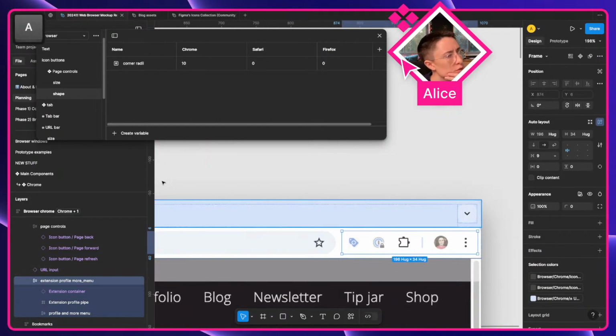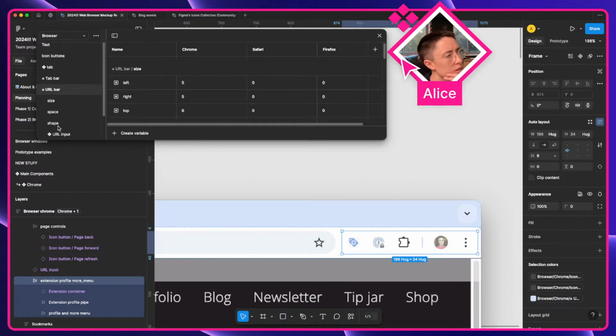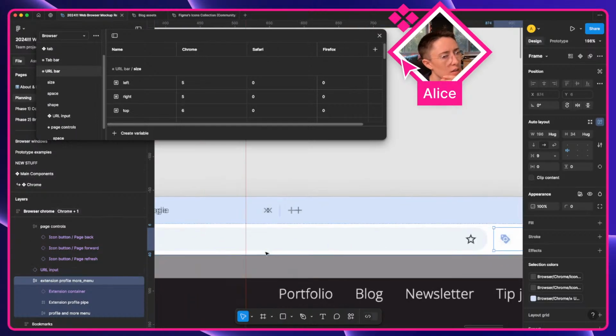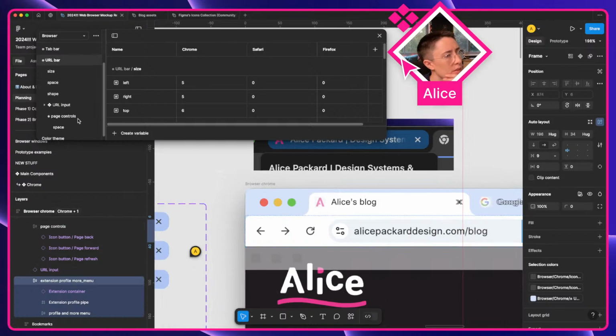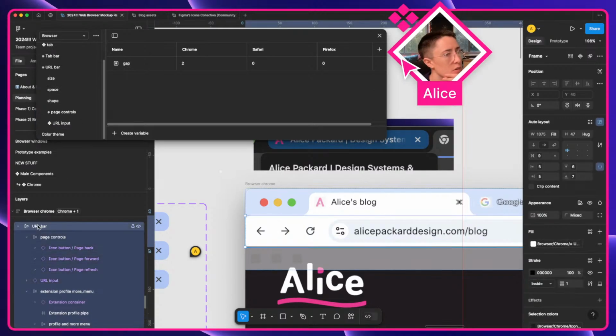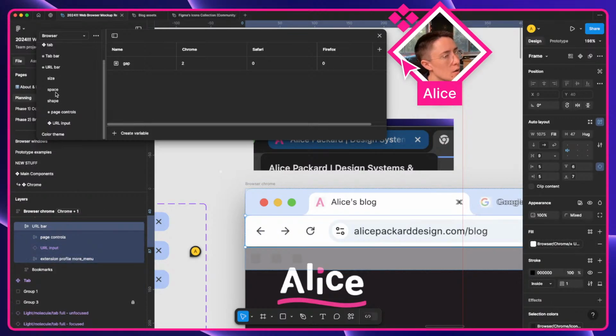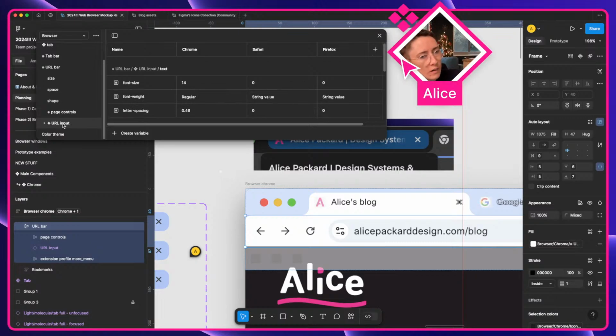Oh, do we have... Okay, so those are our page controls. We've got icon buttons, then we've got URL bar. Yeah, we've got the size, space, and shape, and then the things within it. All right, here we go. Page controls come first. I also want the order here to reflect the order down here. You can see we've got URL bar. And then apart from these, which are the attributes of the URL bar, these are nested things within, which we've got page controls, URL input. I'm comfortable having it live here